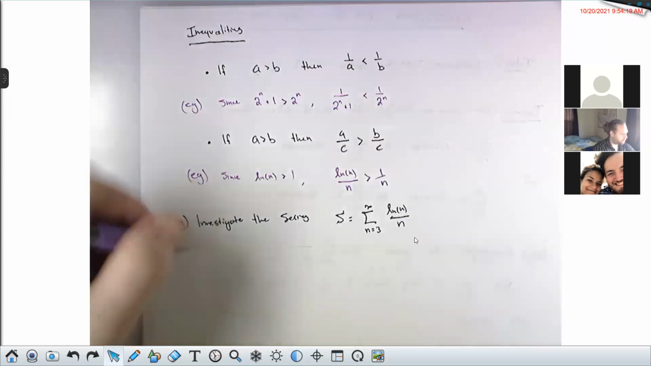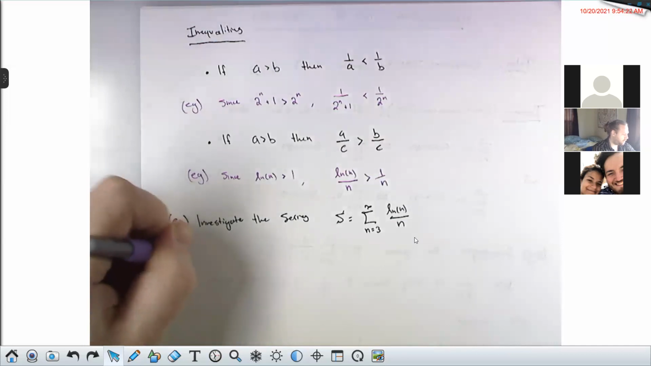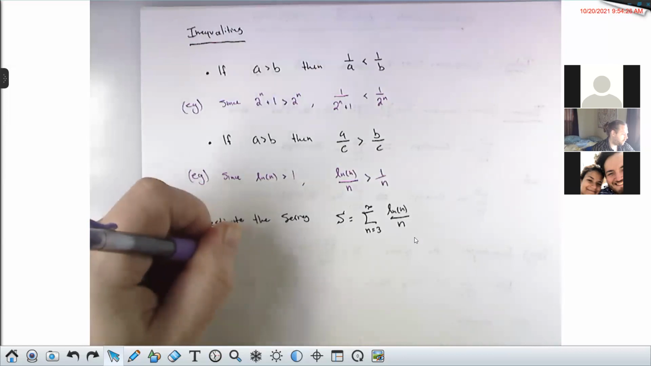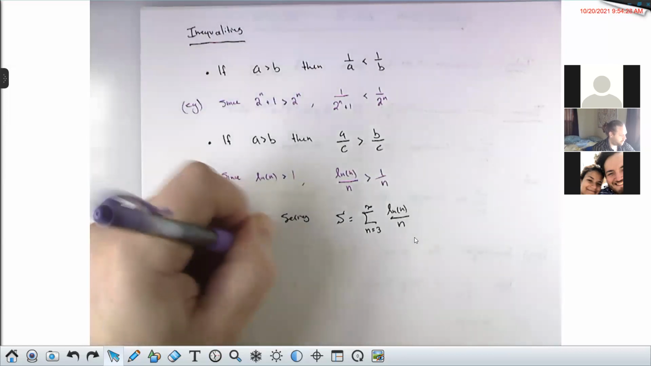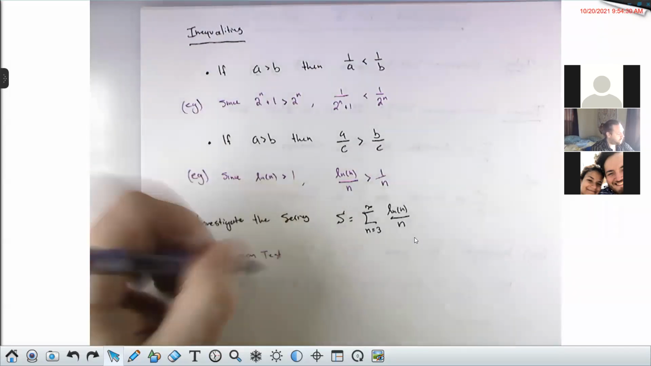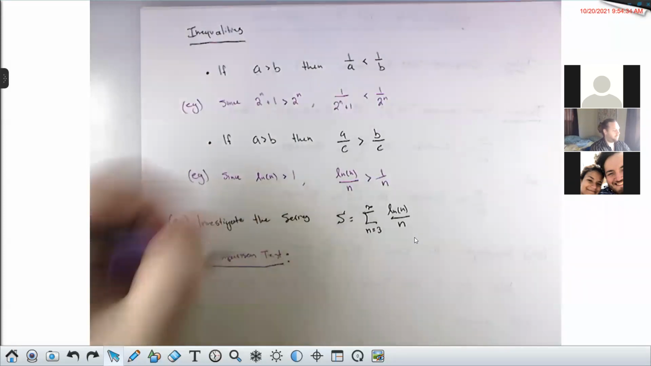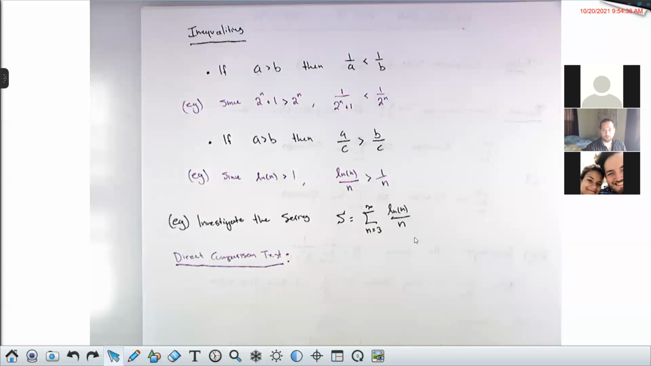So here's my solution. Always tell your reader what you're doing. So we're running the direct comparison test. You could try running the test for divergence on this. But after one run of L'Hopital's rule, you'll see that the terms of the series do still go to 0. So this will sneak past the test for divergence. But based on our observation above,